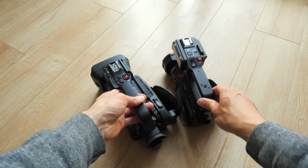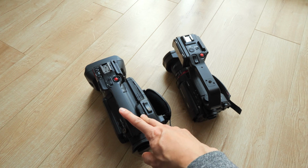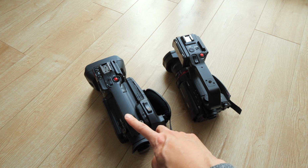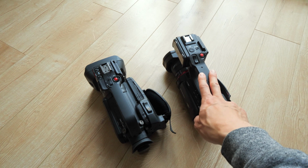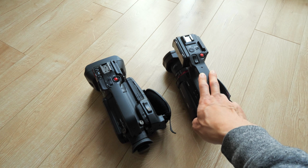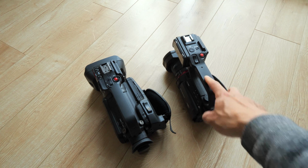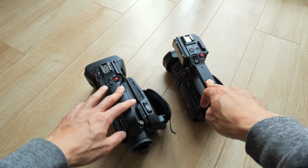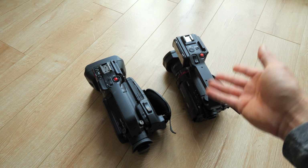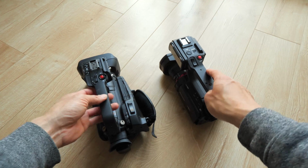So when it comes to price range, currently the XF400 is going for around $2,500 US, and the CX10 is going for around $2,600 US. The X2000 is $2,200. The X2000 is more comparable to the XF400 than the CX10, but I happen to have the CX10. So in this video, I'm going to be comparing the two, saying what I like and don't like